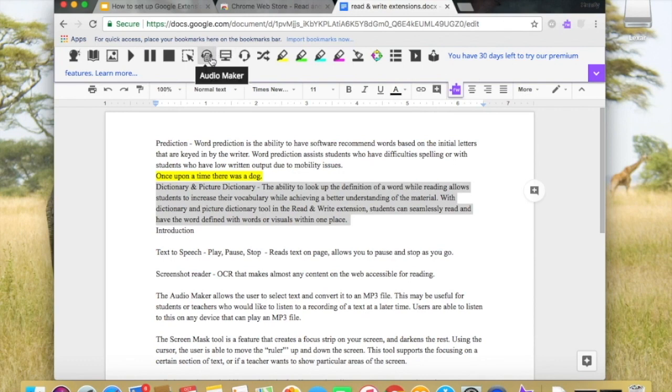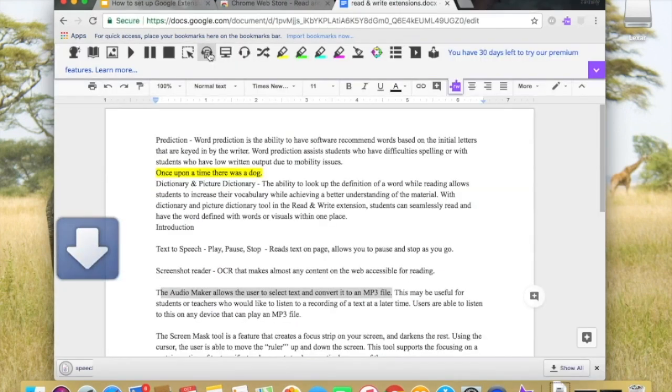The next one is the Audio Maker. It just allows you to select text and then convert it to an MP3 file. This is useful if you like listening to a recording of the text at another time. You just select the text and then you press it. And it records it and makes an MP3 file. The next one